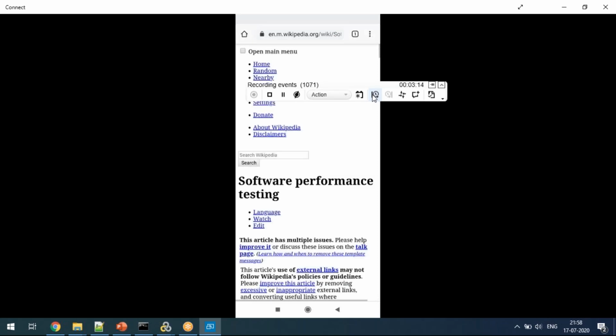Say in our scenario, you are launching an application like how we do for the regular HTTP HTML protocol, right? Day in and day out, many in this forum are performance testers, so you would already be familiar with that recording. The way we are going to do it, you are going to record your entire business journey.